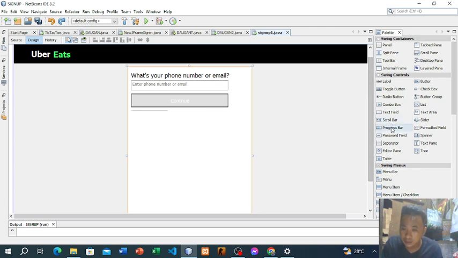It's easier if you just click another. Oh, it's gone. Where is the separator? Here, separator.